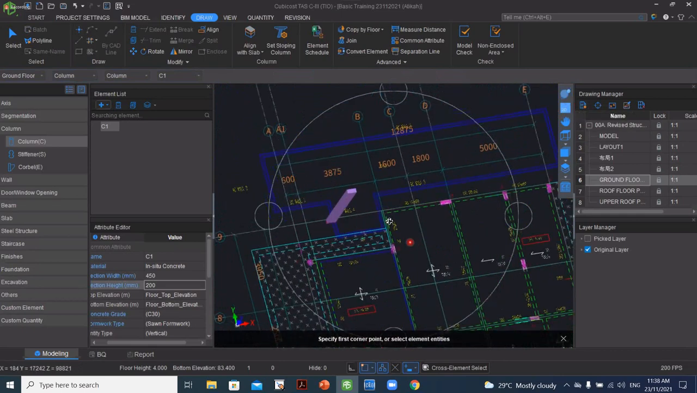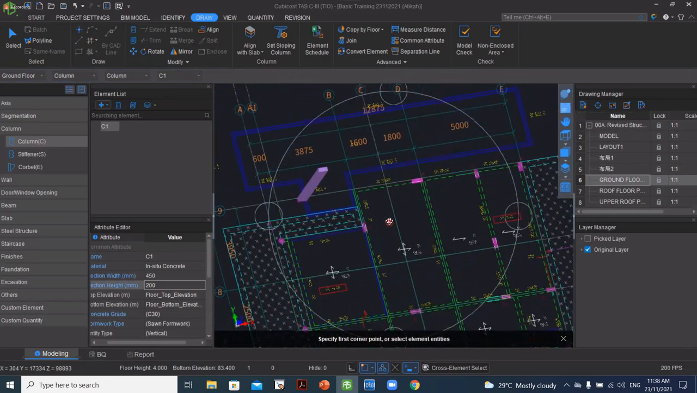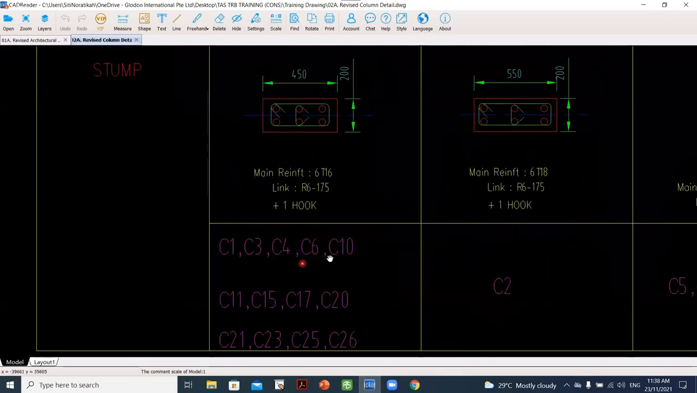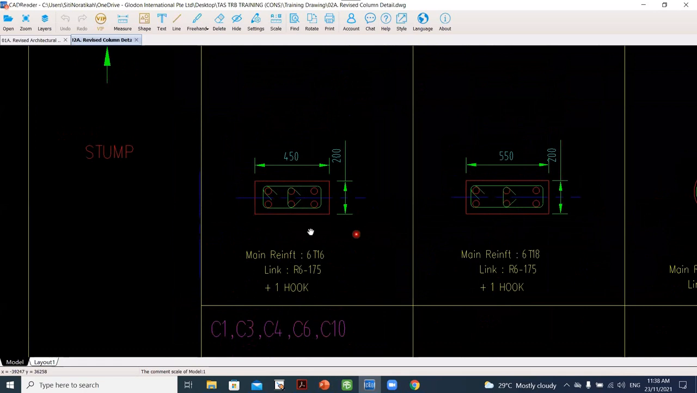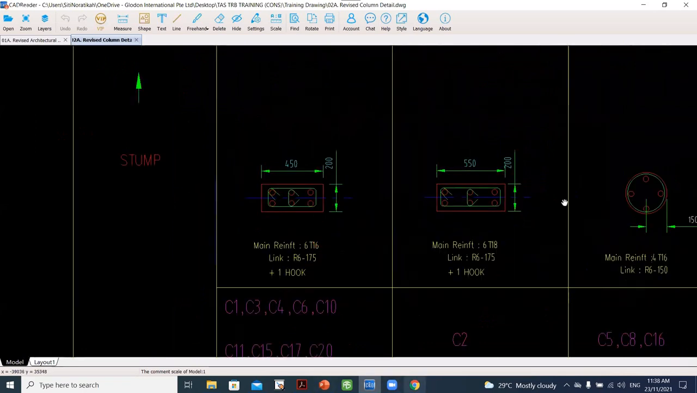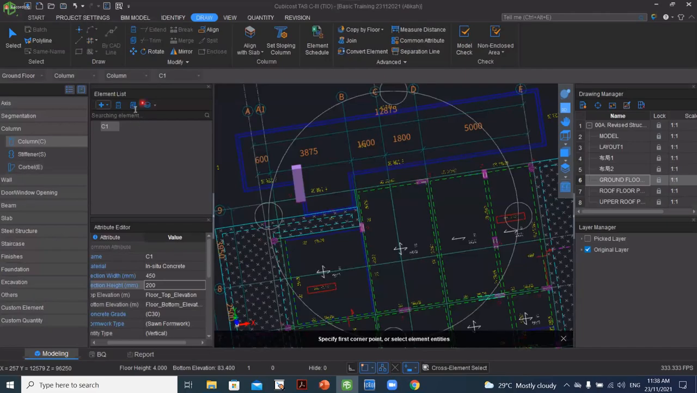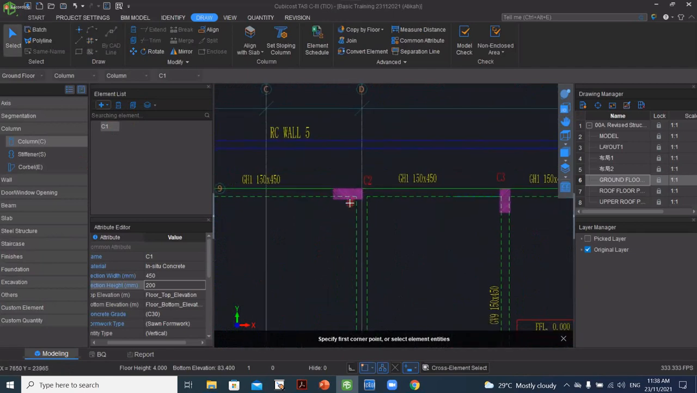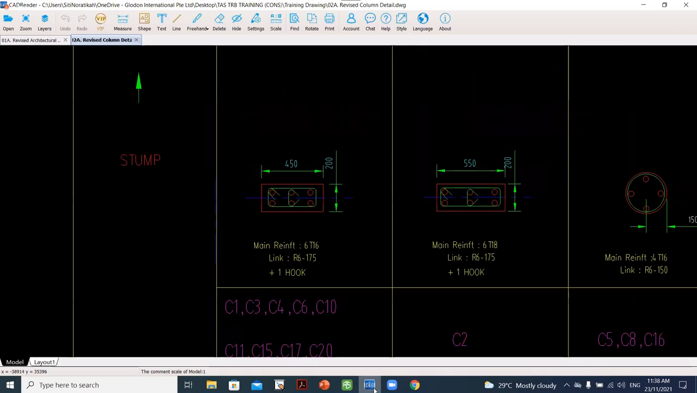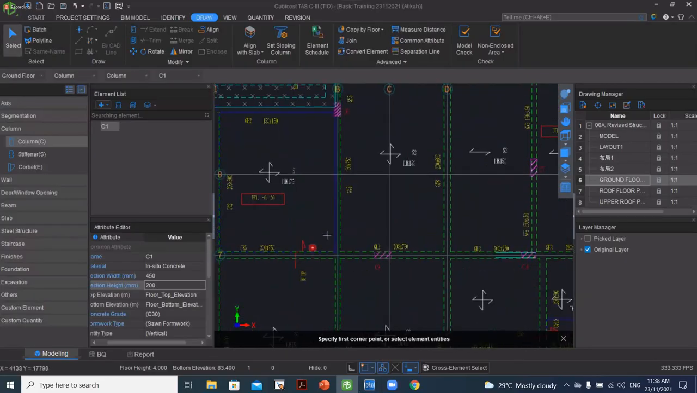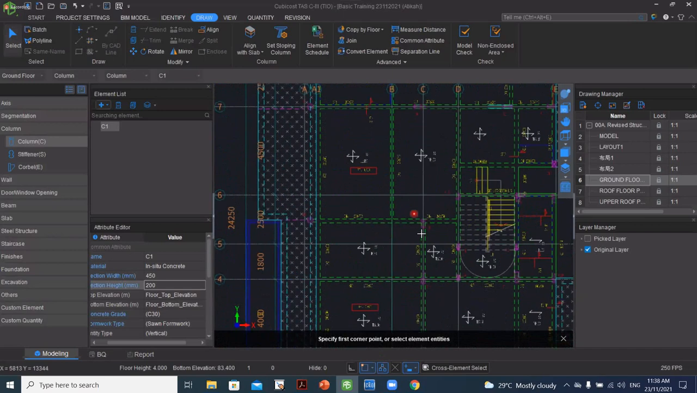So maybe next I will show you, for example, here in the drawing, you can see that C1, C3, C4, C6 are actually referring to the same detail. So what you can do is use this function. This one is C1, right? So if you want to point our C2, for example, or if you wish to point your C4, for example,